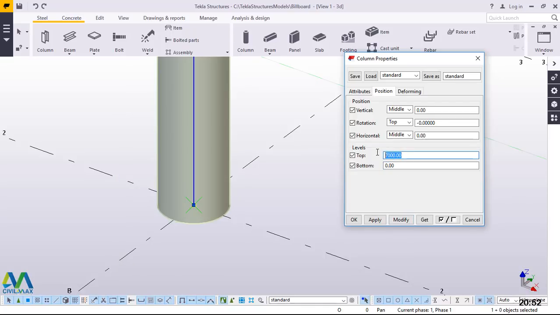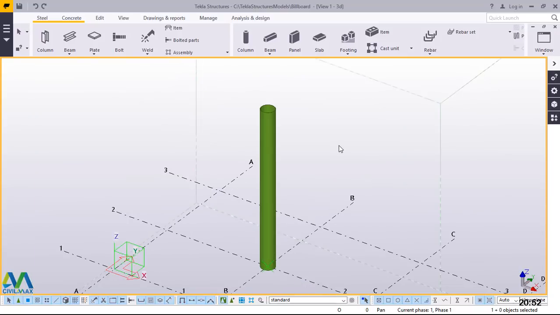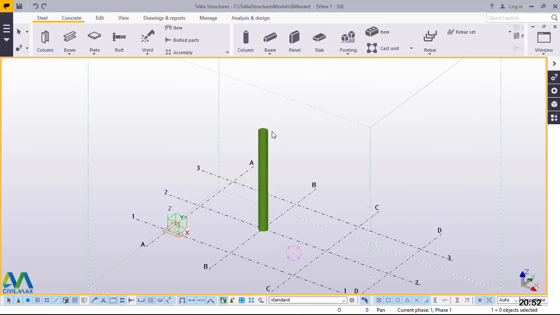Then I need my column height to be 6 meters high. I'll go ahead and accept that by clicking modify. I'll apply and give it an OK right there. Now I have my column here 6 meters high, and I need another column on top of this, but it won't go that far, not 6 meters, but I'll give it 500